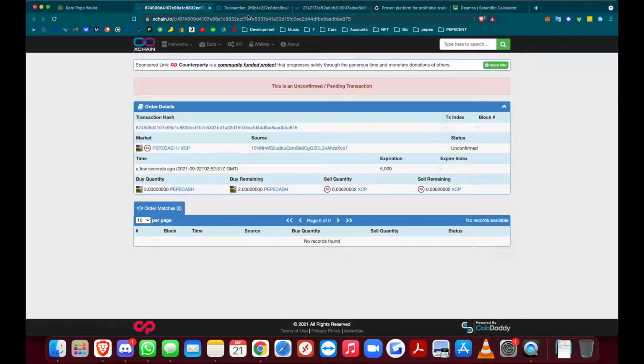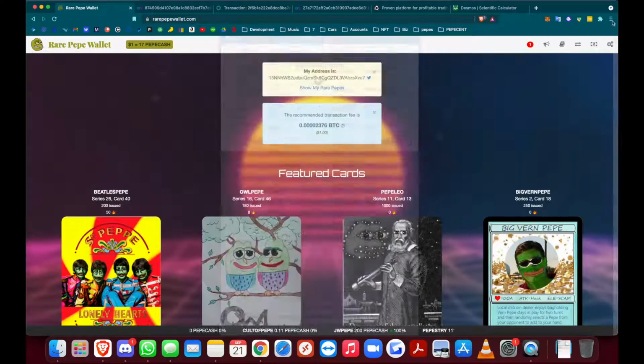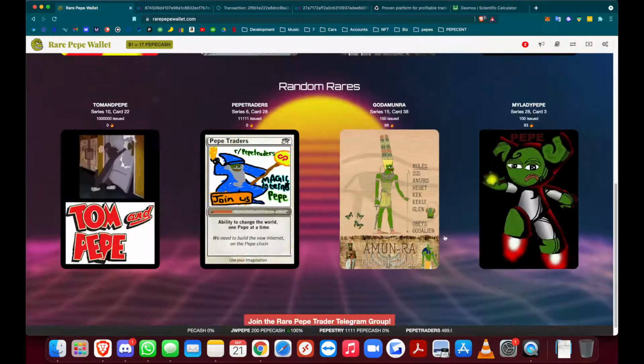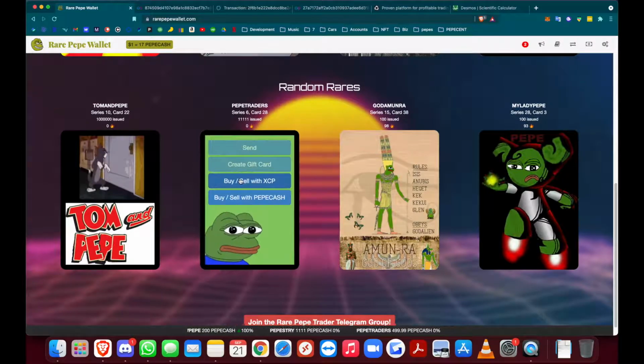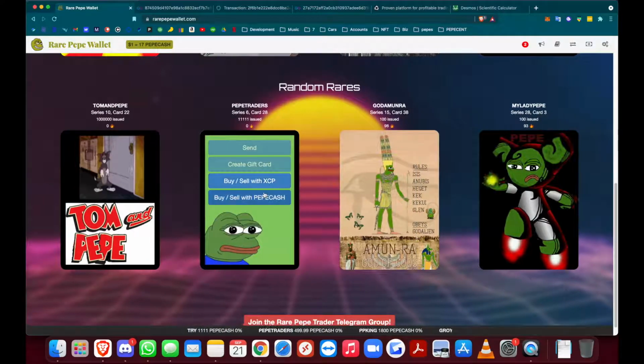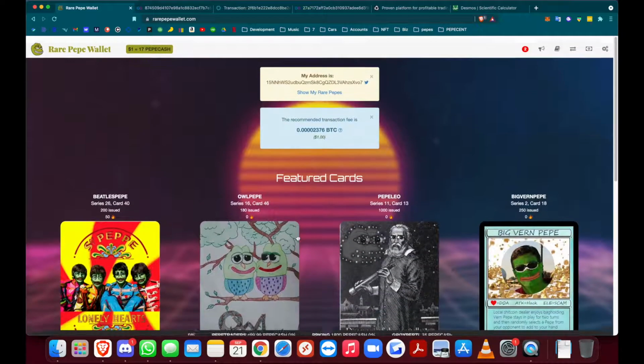So you can keep checking your transaction hash. Sometimes it takes minutes. Sometimes it takes a long time, depending on the network traffic. So after that's complete, you should have your XCP. Now, once you have your XCP, you can come in and look for different cards that you want and buy them. I'm just going to take this card, for example. Well, that's actually pretty expensive. But let's say